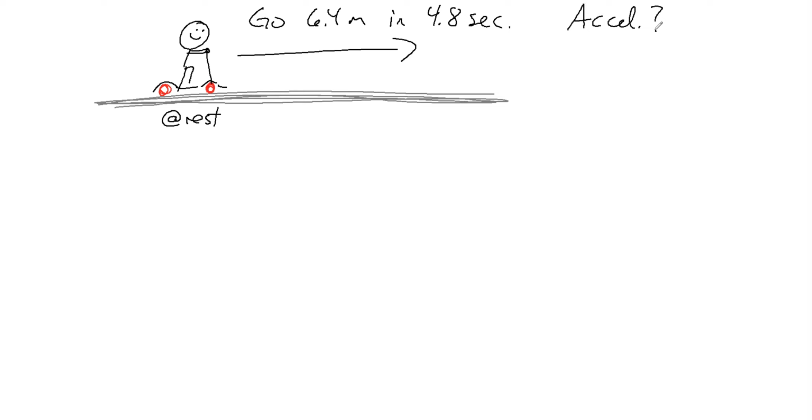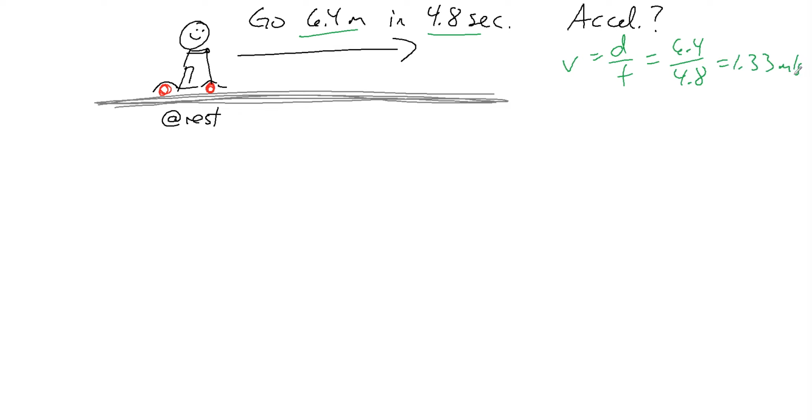So let's just look at what we've got. We've got the 6.4 and we've got the 4.8. We've got distance and we've got time. So with distance and time, I can find v because speed is equal to distance divided by time. I've got distance, I've got time. So I've got 6.4 divided by 4.8, that gives me